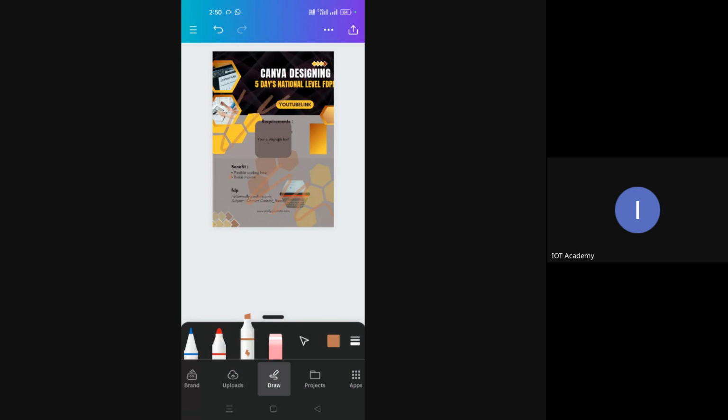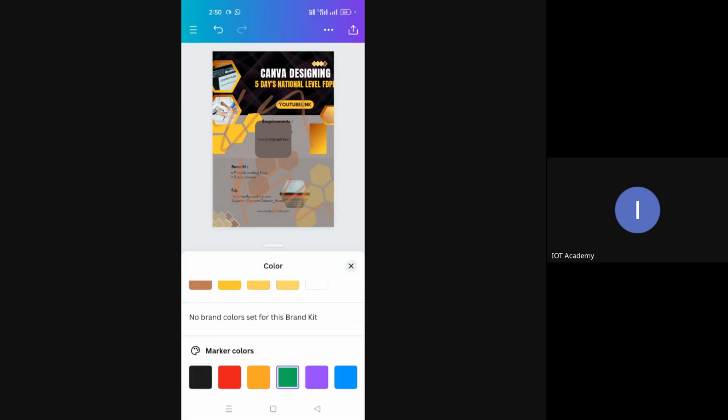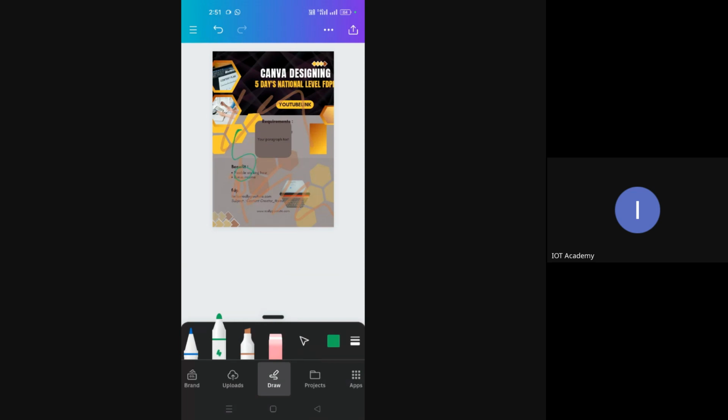See, this way I can change the color. Suppose I am using red color. Here I don't want red. Instead, I want green. So let me write green. 5 days national. This is a pointer pen. Okay. So 5 days. No, I don't want this. So let me rub it. Or you can go for undo. You can use eraser or you can even go for undo option where you can simply erase all. In one go you want, just select eraser and clear the screen. You can easily clear the screen. All right.